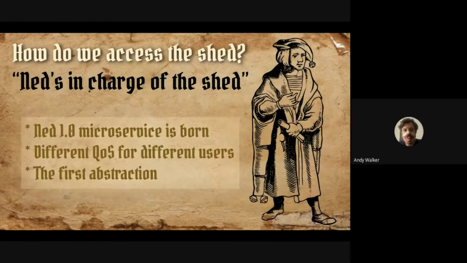Ned is hired to be in charge of the shed because it rhymes, and Ned realizes that he is an abstraction onto the data that has been captured, and as such, Ned 1.0 is the first microservice. Ned very quickly